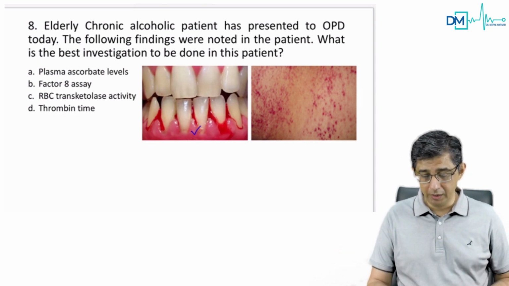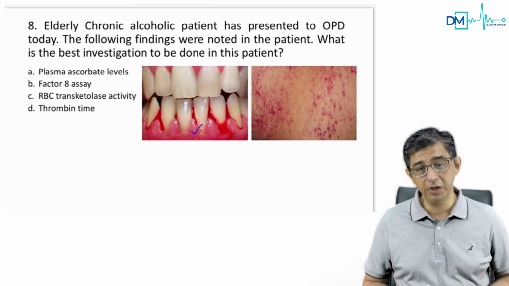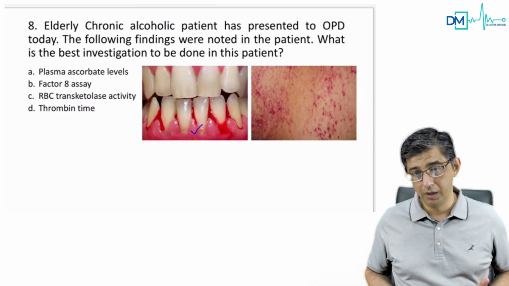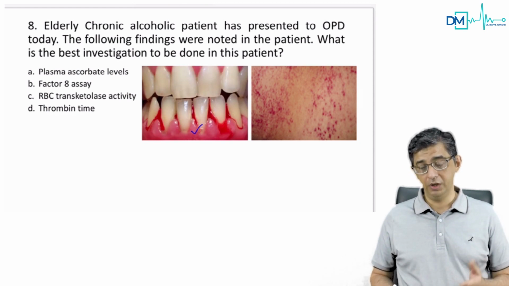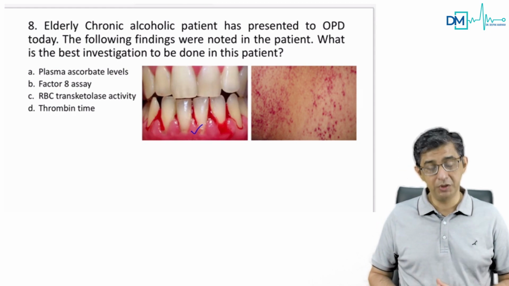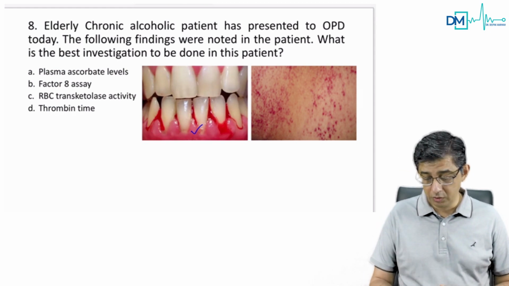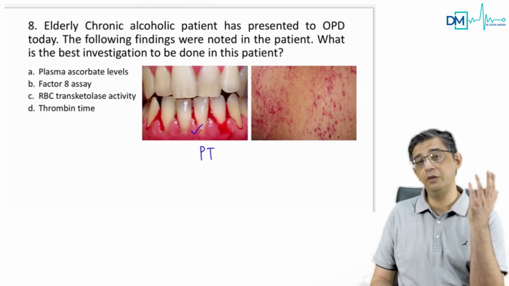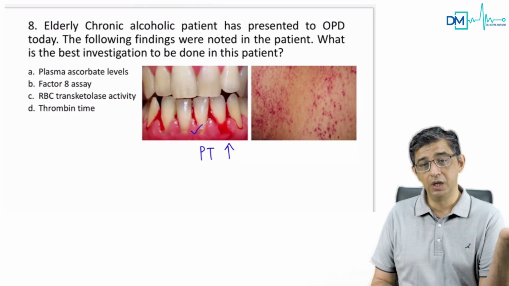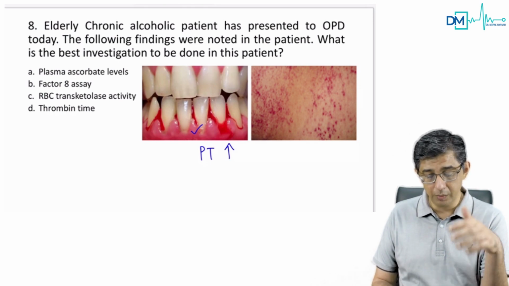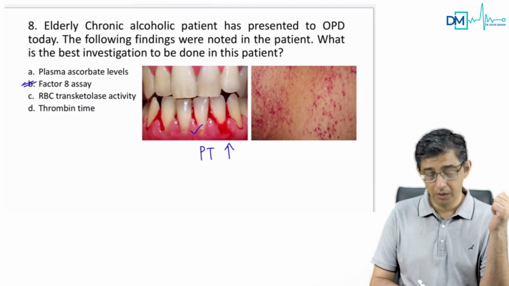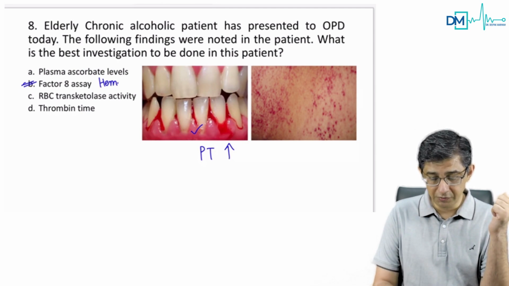He's talking about bleeding gums. He's talking about petechiae in a patient. So you know the fact that all clotting factors are produced in the liver. Because all clotting factors are produced in the liver, therefore bleeding can occur like this. But when you look at the options, you can notice the fact that there is no mention of standard prothrombin time. Normally when we discuss liver, we always study that prothrombin time is elevated in chronic liver disease. So in this question, if you look at the options, I'm ruling out option B, factor 8 assay, because that is for hemophilia, no? Factor 8 assay is ruled out because it is for hemophilia.